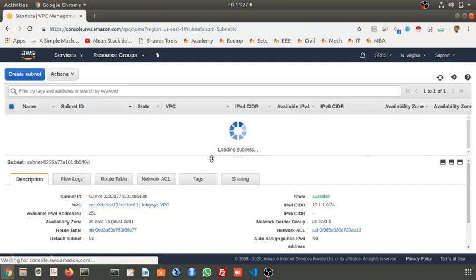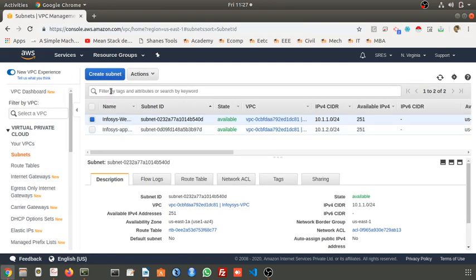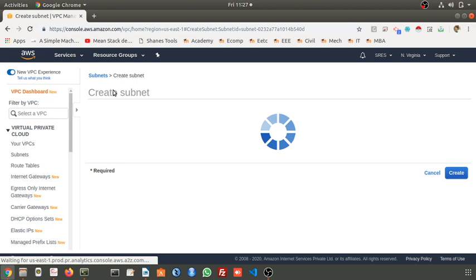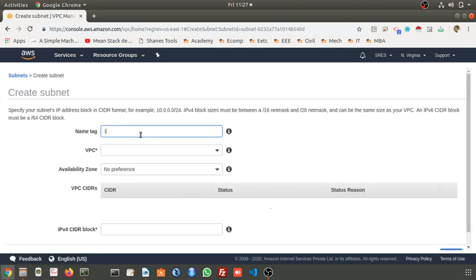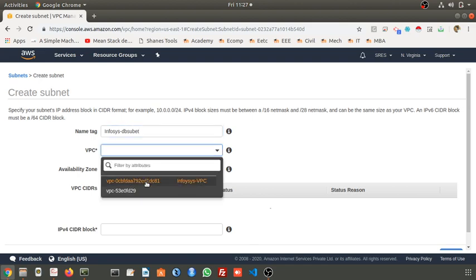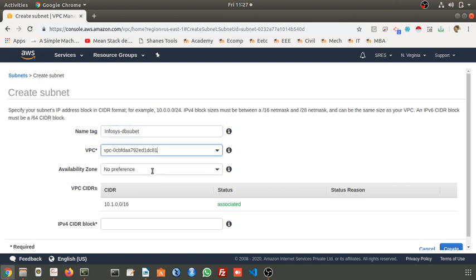Close. I have one more subnet. I will name it Infosys DB subnet, meaning all database servers I will place in this subnet. VPC Infosys is selected. What would be the range? 10.1.3.0.